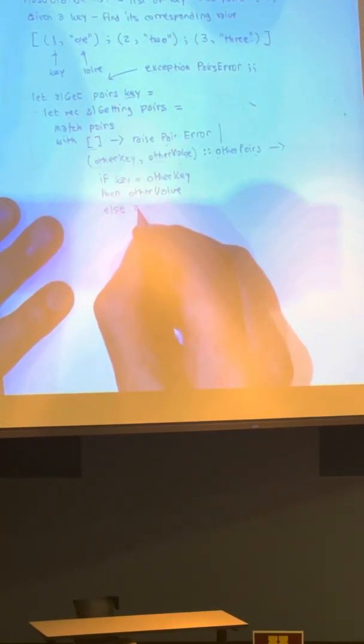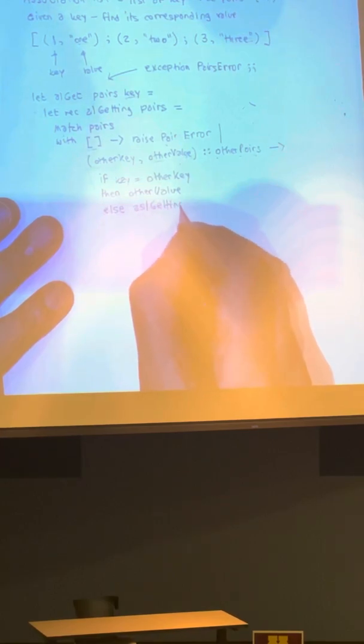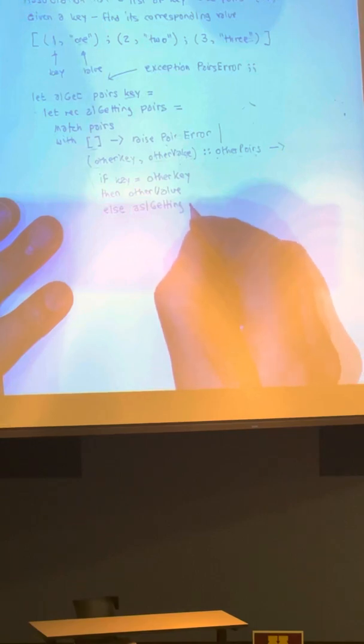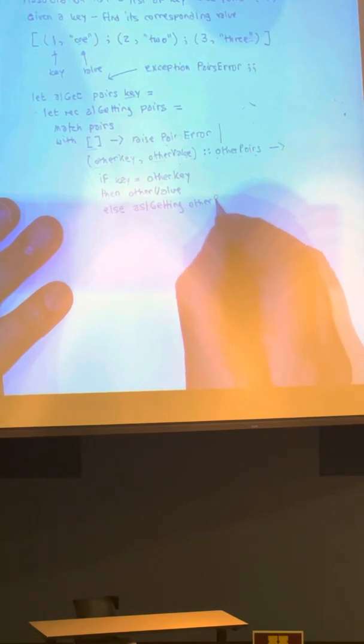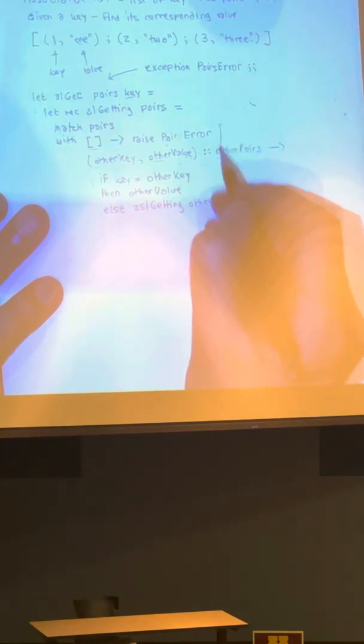What if I don't find it? What if key is not equal to the key I'm looking for? Then I want to continue searching. So I'm going to call ASL getting on other pairs. And the pattern has told me that those are all the pairs other than whatever is the first one. Okay, rules are separated by these vertical bars. And finally here at the end,